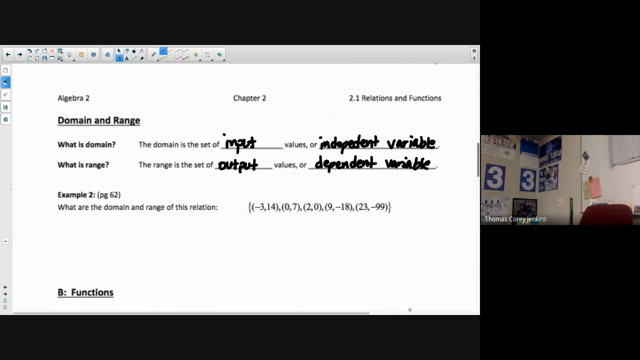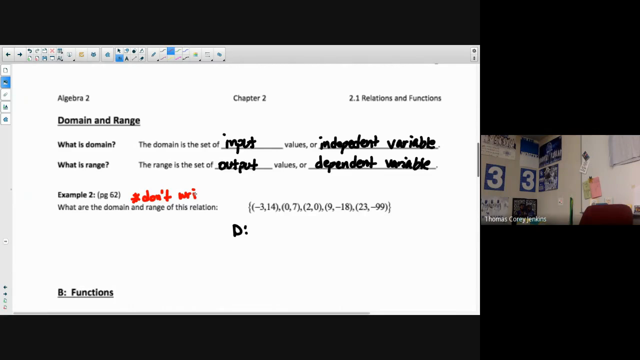All right, so example 2, what are the domain and range of this relation? So guys, any set of ordered pairs is a relation, right? But not every relation is a function. So for this example, this is what we would call a discrete function. It's not continuous, so because it's discrete, we're going to list just single numbers. I guess the important thing, getting a little bit ahead of myself, is that you don't